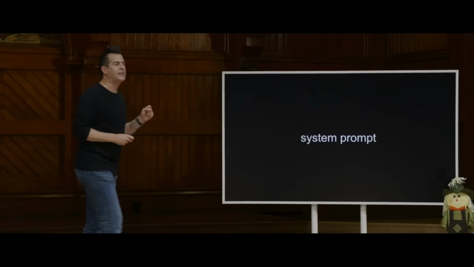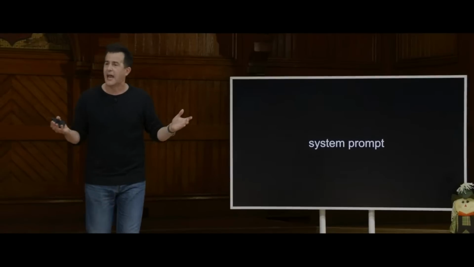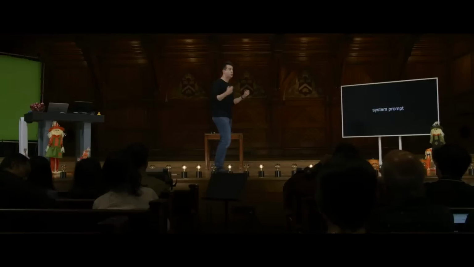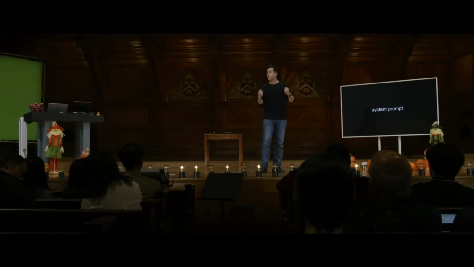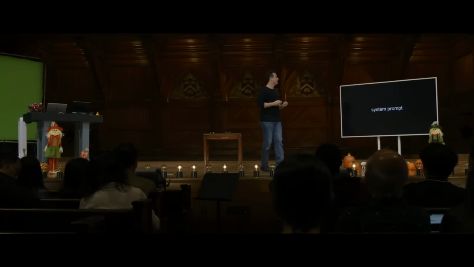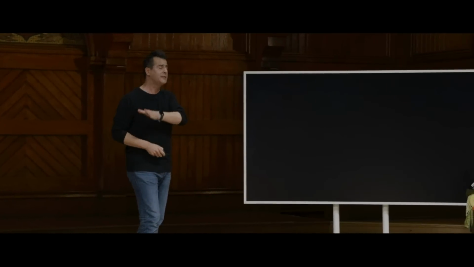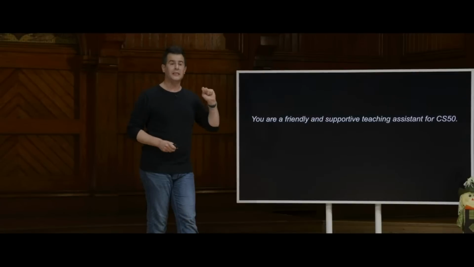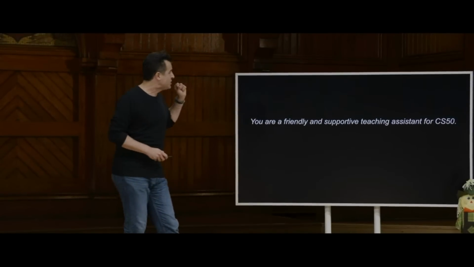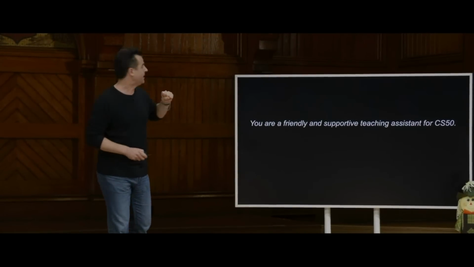So what we're doing is giving it what's known as a system prompt nowadays, whereby we write some English sentences, send those English sentences to OpenAI or Microsoft that sort of teaches it how to behave, not just using its own knowledge out of the box, but coercing it to behave a little more educationally constructively. And so, for instance, a representative snippet of English that we provide to these services looks a little something like this, quote unquote. You are a friendly and supportive teaching assistant for CS50.